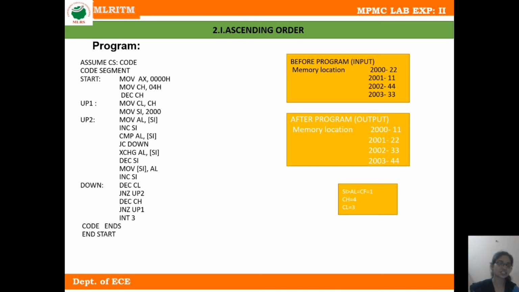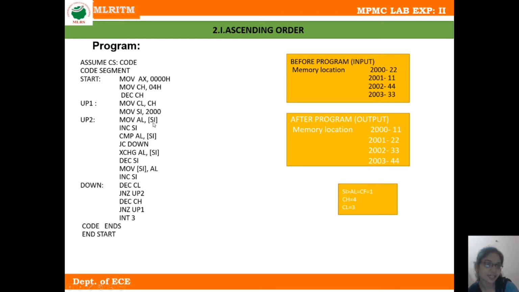The next instruction is JNZ. JNZ indicates jump if not 0, UP2. CL is not 0, so it jumps to the label 2.